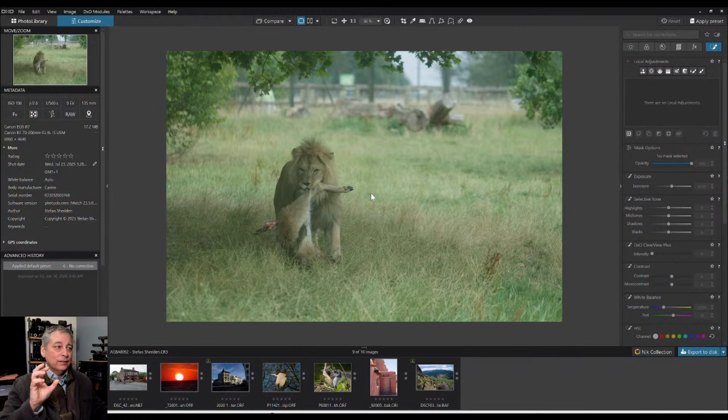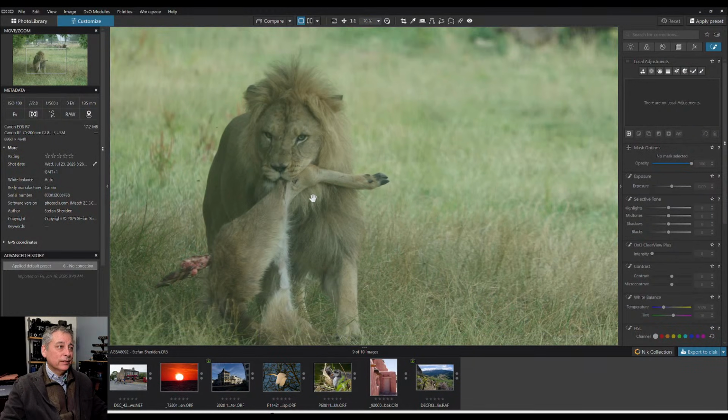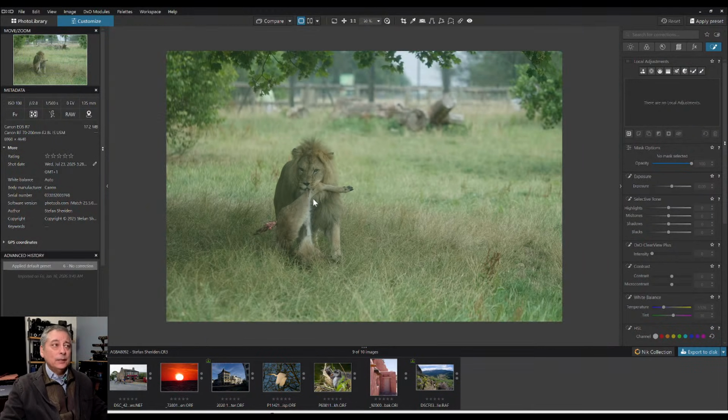I get the feeling this is through a piece of glass because the contrast is a little bit low, because this is an R7 with a really good lens, an L lens from Canon. So it should not be this low contrast. Anyway,